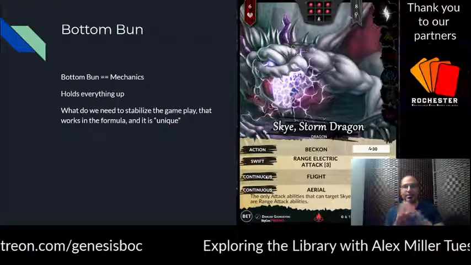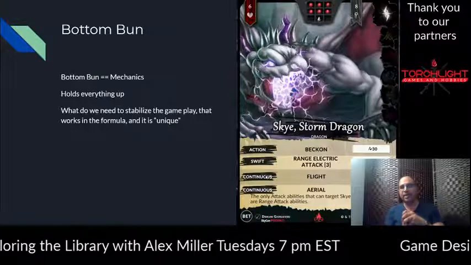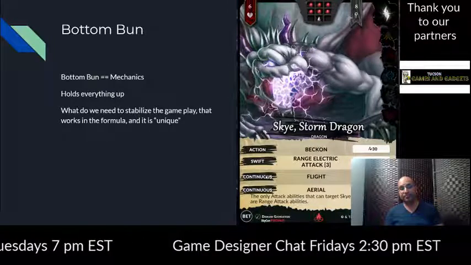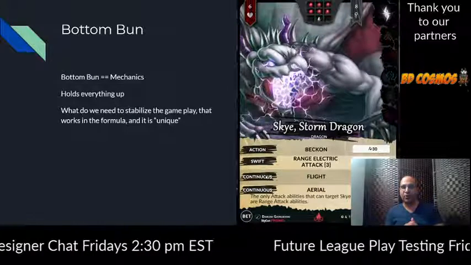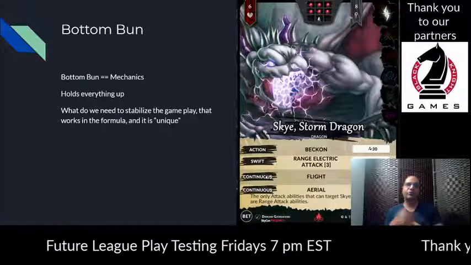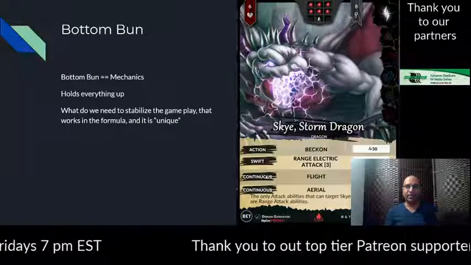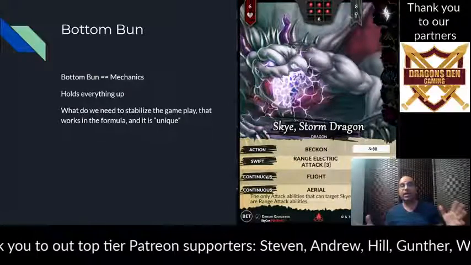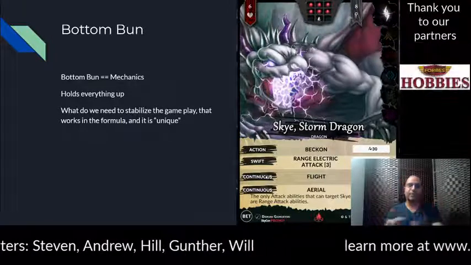And the formula really helps ground us in mechanics. A lot of times, I know the designers create a card and they say, this card's not going to be playable. It's too high in the formula. Can we just reduce the cost? I think this should be the exception to the rule. And I try to hold them back and say there shouldn't be exceptions to the rules. If the problem is that the numbers are coming out wrong, we should reassess the formula as a whole and reassess all the cards that are being designed compared to just making an exception for one card.